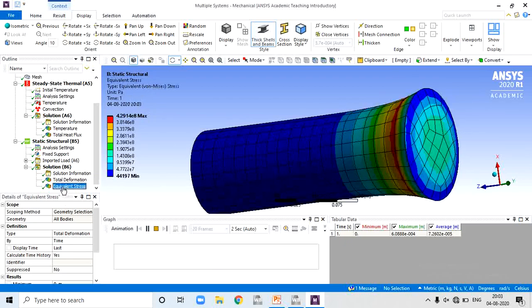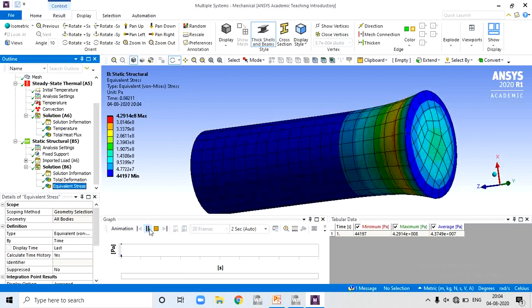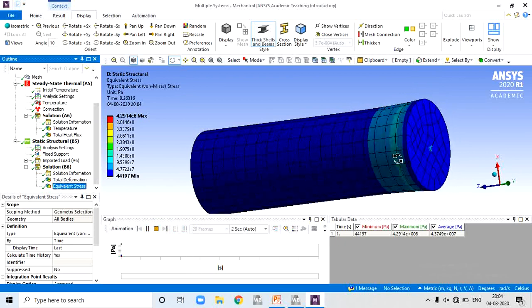Similarly, we can check stresses, that is 4.29 maximum and minimum 4419. Again we can check stress variation from right hand side to left hand side. So there is no stress on the left hand side. This color indicates red maximum and blue minimum.